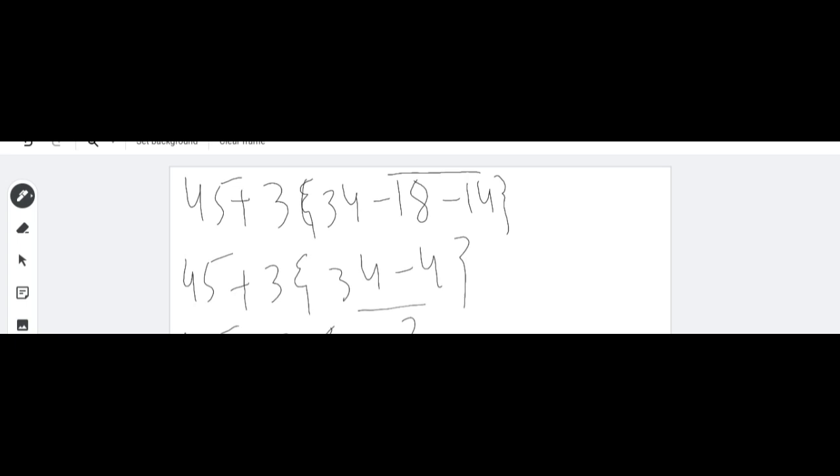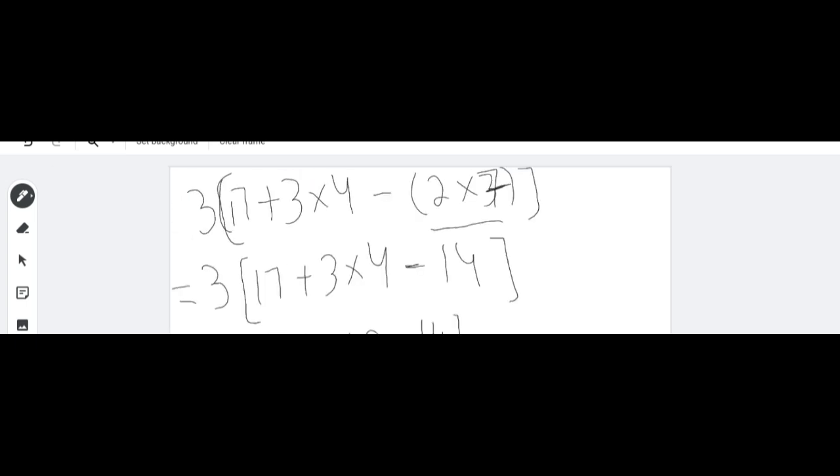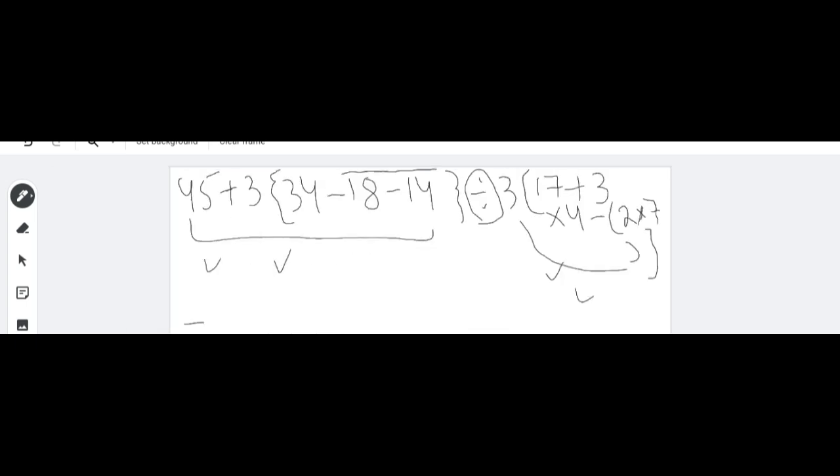45 plus 90, right? 135. Okay. Now I got the answer of the first expression and the second expression. Now I just have to go back to the expression where I started from here. Now I have to put the answer of this expression, which is 135. I don't use division anywhere.